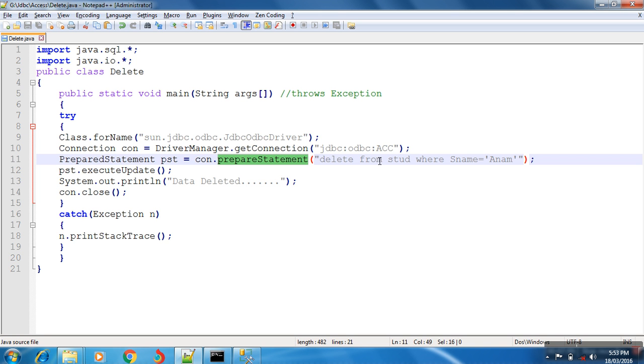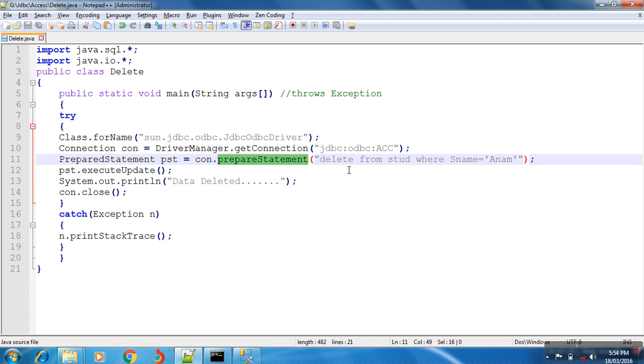It is an SQL query. Java provides you the facility to write an SQL query in a .java file. It is an achievement of Java.